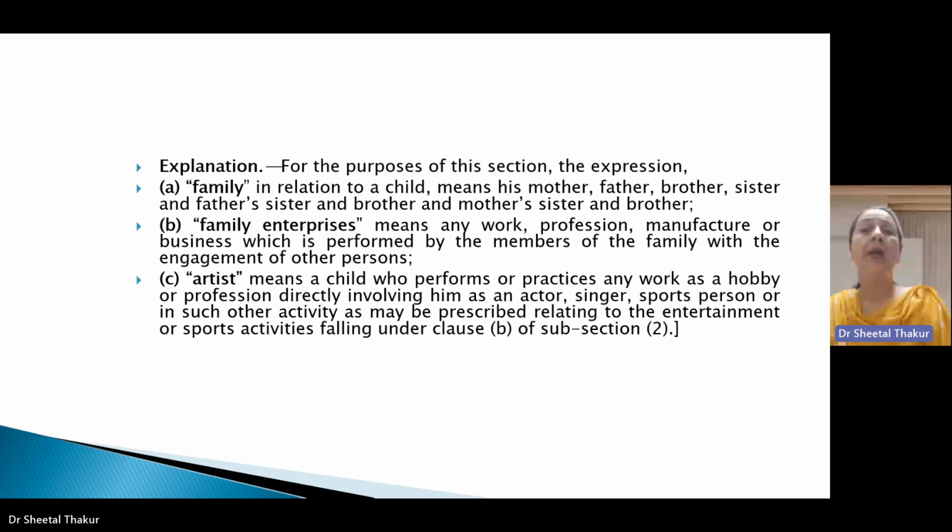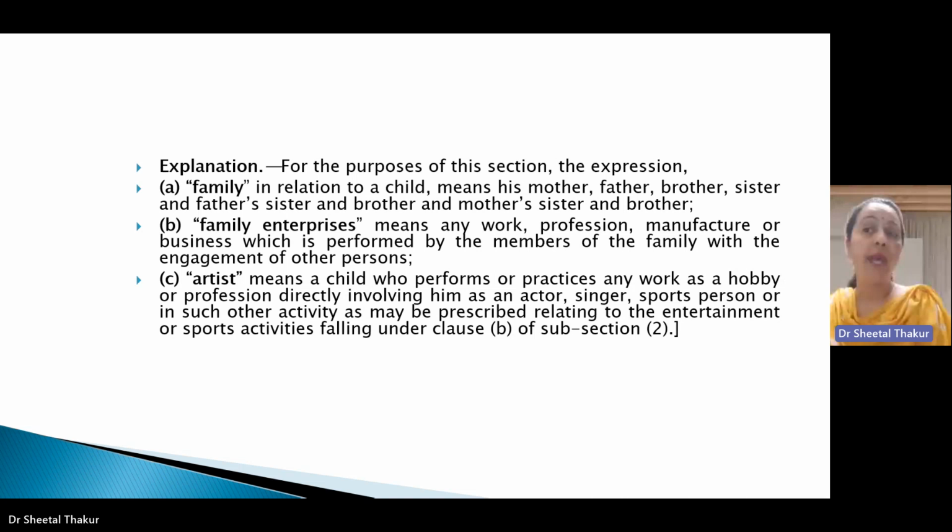So whenever any employer is employing an adolescent in his premises, he has to take care of these rules: he shall not employ an adolescent for more than 6 hours a day, and these 6 hours include the time spent waiting for work to be done by the adolescent. And in no case shall he be allowed to work at a stretch for beyond 3 hours. After 3 hours, a minimum rest period of 1 hour will be given to the adolescent.